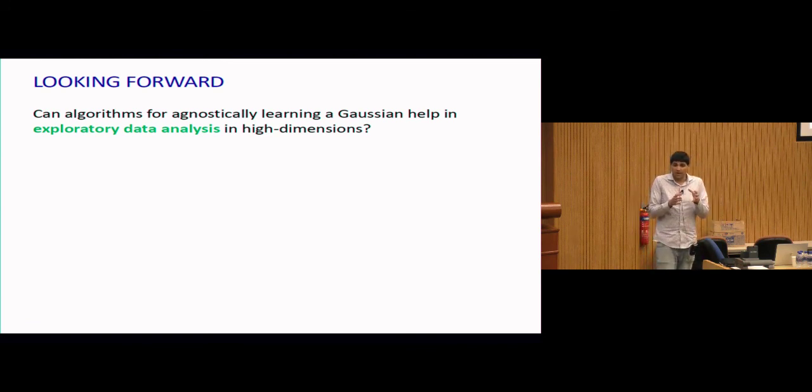So if you clean your data set, the first thing you might do is compute the empirical mean and the empirical covariance to get a rough handle on what's going on. But how do you know you did a good job? How do you know there's not 1% of your data you could remove that would change your answer drastically in some direction, that could change your covariance, your variance along some direction, by a factor of 100? You don't know. And that's a little bit of a scary proposition for all of the things that we rely on. PCA is one of the bread and butter tools. If we don't know that, what kinds of phenomena in high dimensional data sets are we missing?